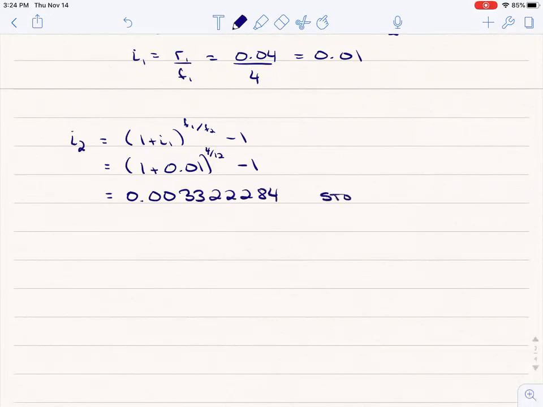I'm going to store this in 1. And remember, as long as you make a note of where you've stored it, you can just write recall 1, recall 2, right? That's fine. Okay, so now